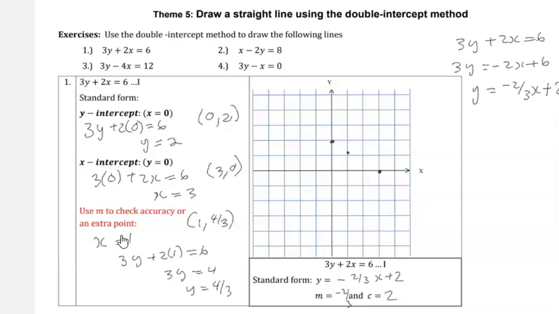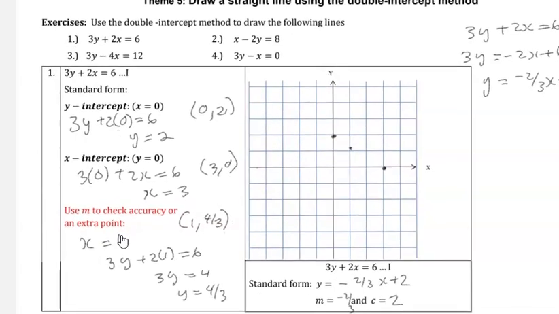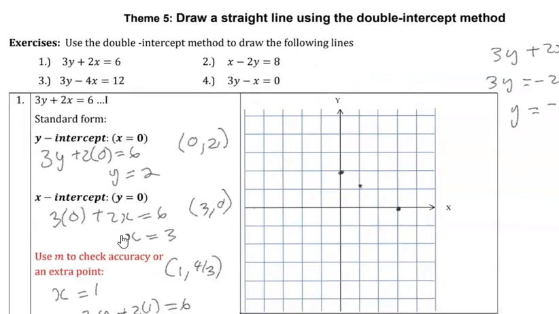So let us just use those 2 points and we draw a line through the 2 intercepts there. Then remember to label this. This is the value 2, this is the value 3, this is 0. We have our x, we have our y, it continues, and we can now use our m value